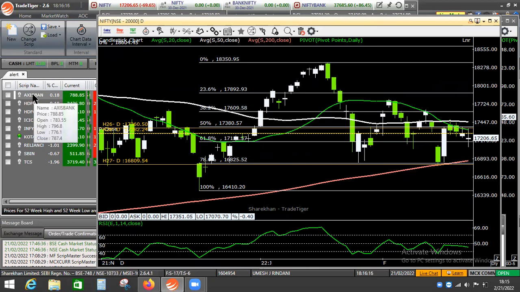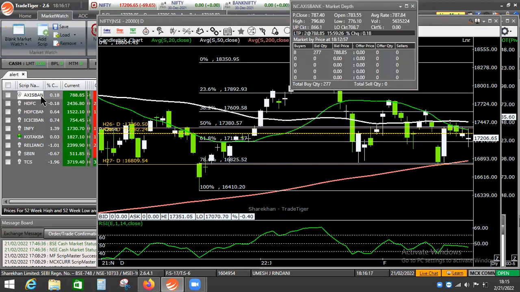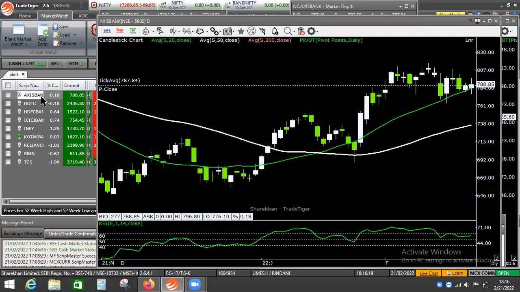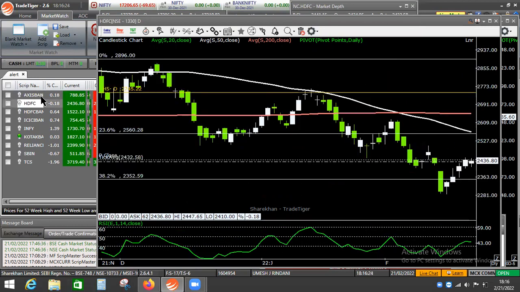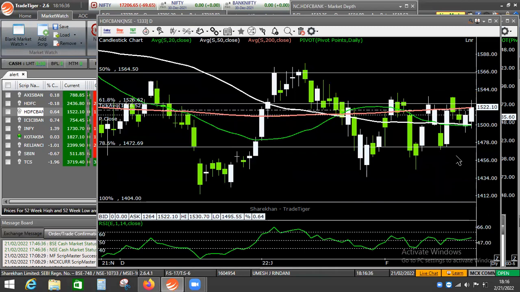Let's quickly look at Axis Bank. Axis Bank is also not part of the Ritik stocks, but it's again one of the leading stocks. 20 DMA support hai. HDFC is the first of the Ritiks. HDFC has ended kind of flat, did not move, because you see why it did not move. There is a 20 DMA resistance. It's very simple. The charting is very simple once you get it, to know it very well. And once again, HDFC Bank coming into that resistance zone of